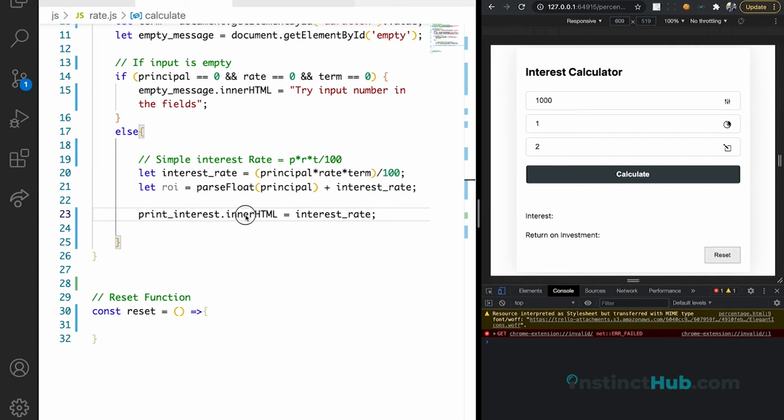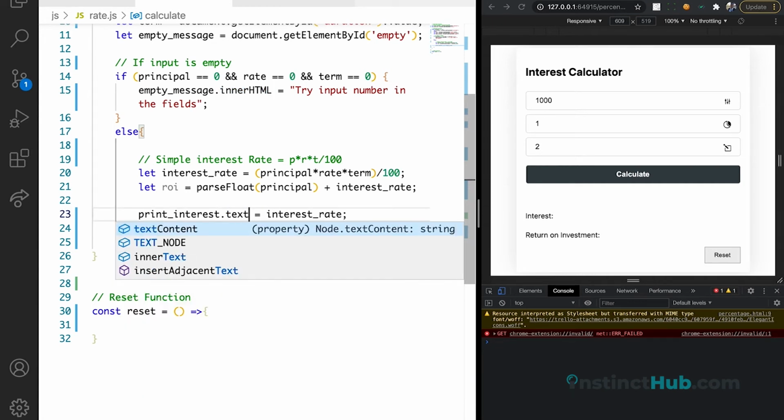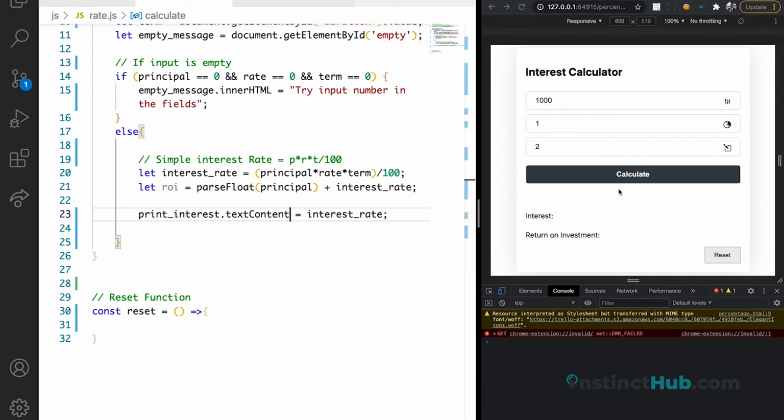I think we're using the wrong function. So let's say textContent instead. Okay, I think we need to refresh this one. Yeah, so I think we're right. So 2%, 2 years, on an investment of 20,000, we can get 8,800. Now that we are sure that this is printed, the next thing we want to do